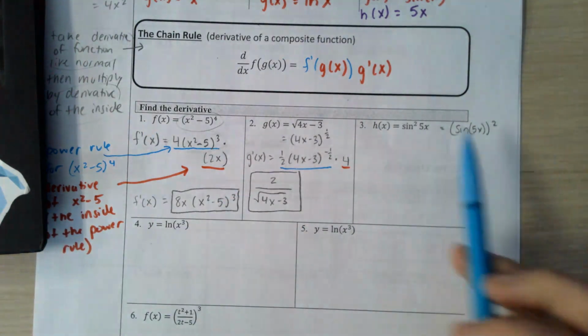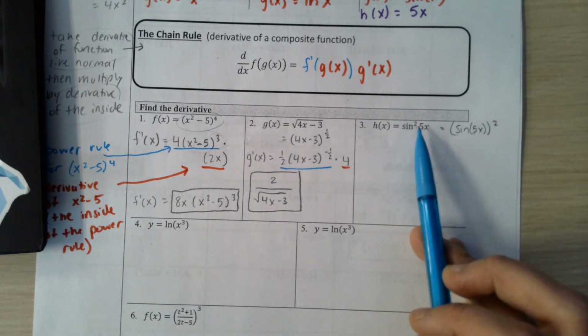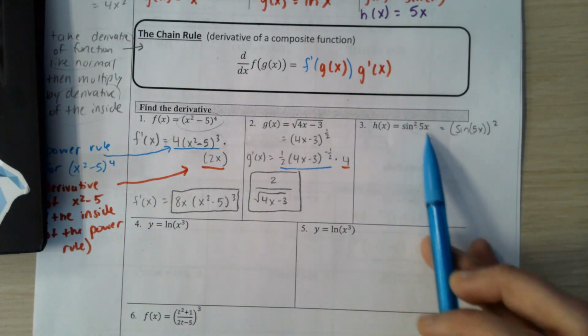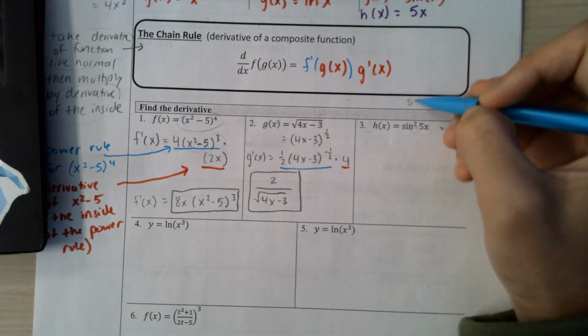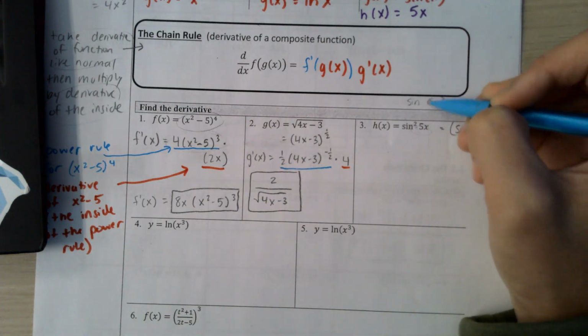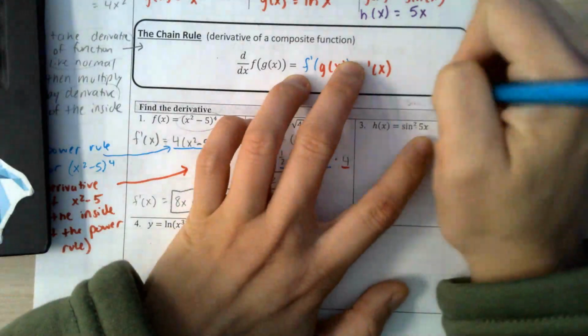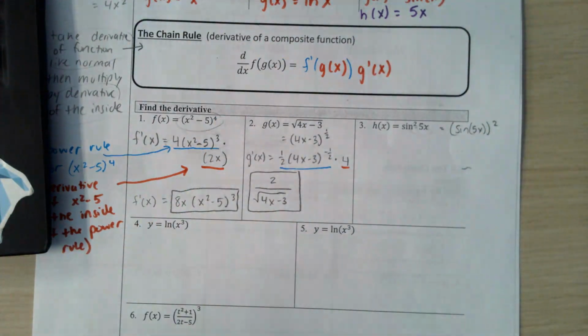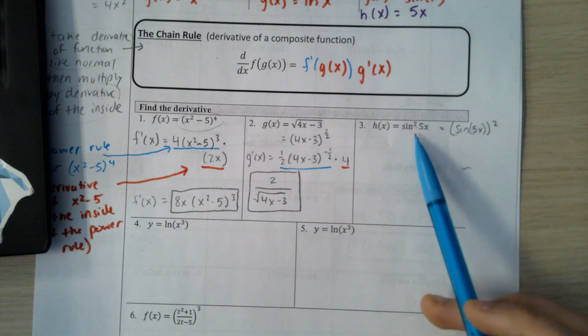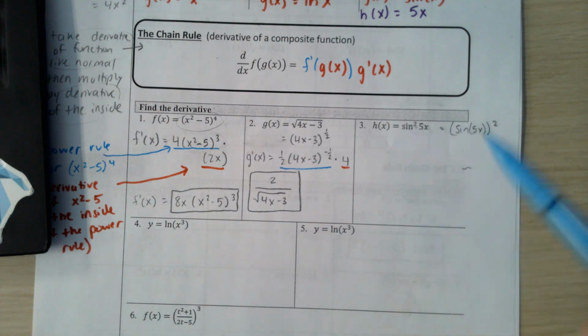They just like to put the square here because they don't want you to think that the 5x is being squared, right? They don't want you to think that this is saying sine of 5x squared. They want you to know that it's 2 sines times each other. So whenever you see a trig function raised to a power of something, they're going to usually put it in front of whatever's in that parentheses. So knowing this now,